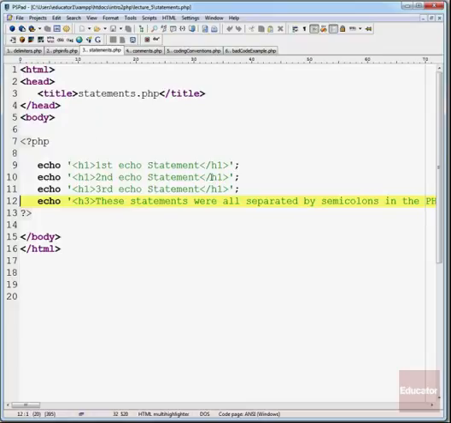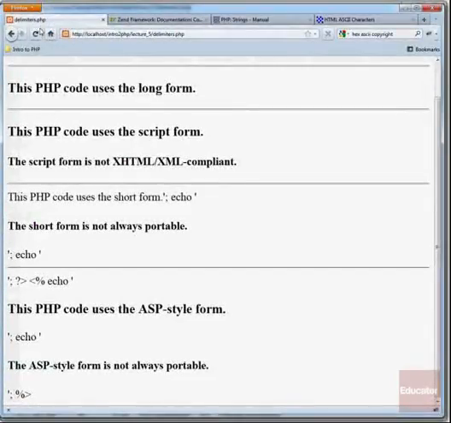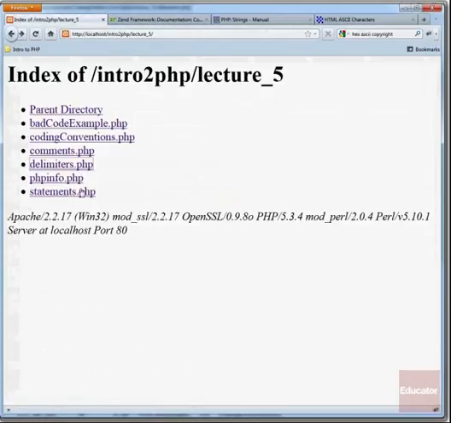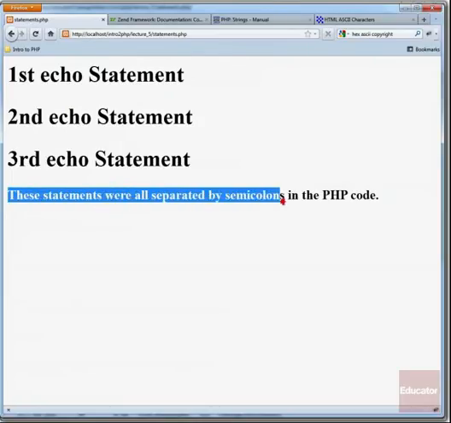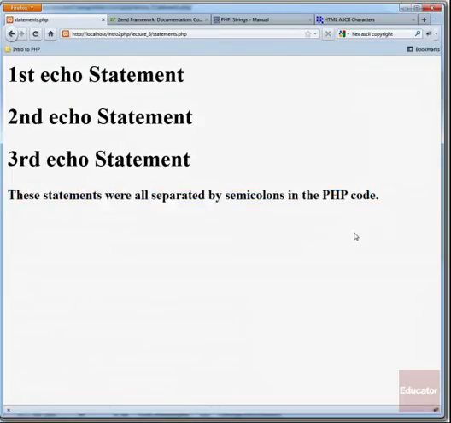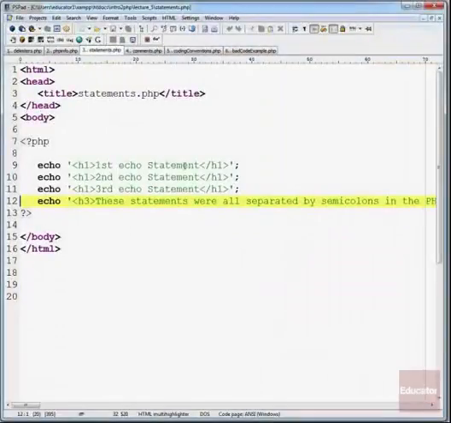It'll start processing the next line and a new instruction, which in this case is an echo statement. So if we actually go and view this in our browser, we can see that all of the statements were properly output. And this sort of spells it out, all of the statements were separated by semicolons in the PHP code. And the reason is that that semicolon, again, lets PHP know that you have separate statements and there are different